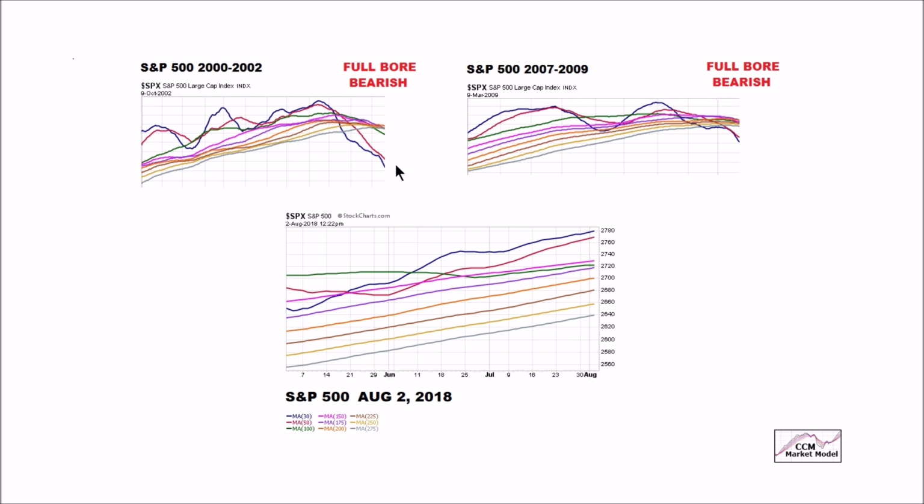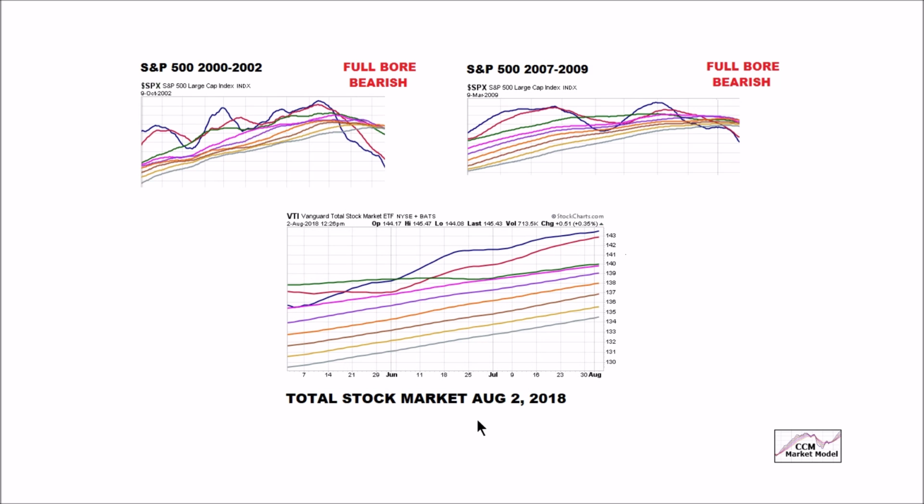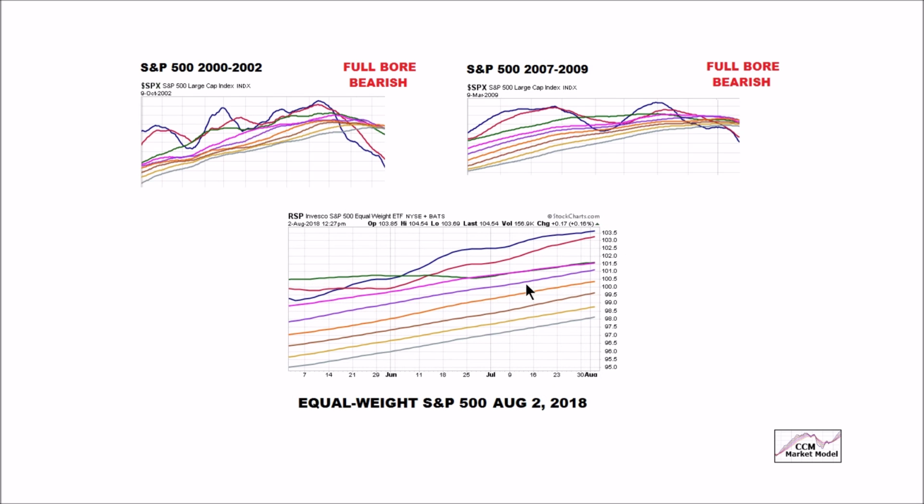This really doesn't look anything like this, and this really doesn't look anything like this. We'll continue to take it day by day. Same is true for the total stock market. Still looks good, VTI. And if you believe that breadth is a problem and the average stock is not participating, we still have a very constructive look with an equal weight S&P 500 ETF on August 2nd,